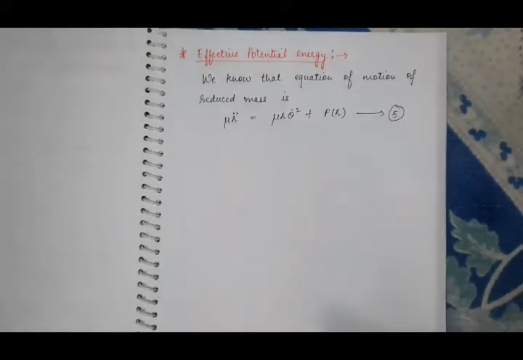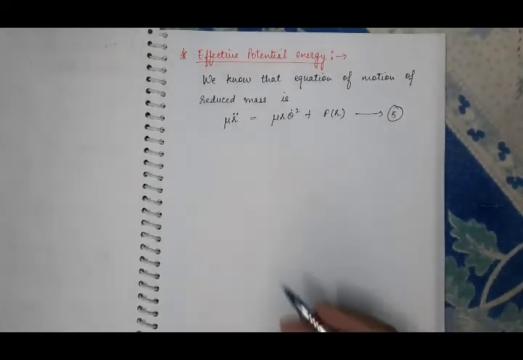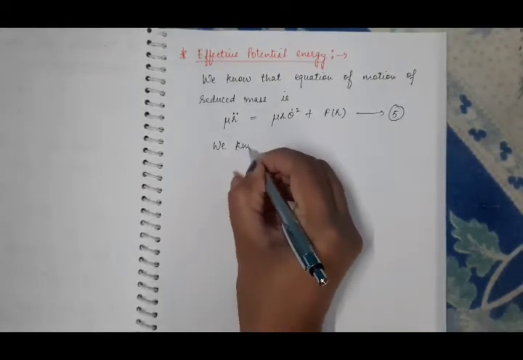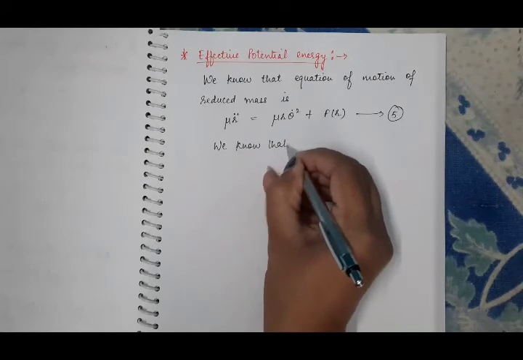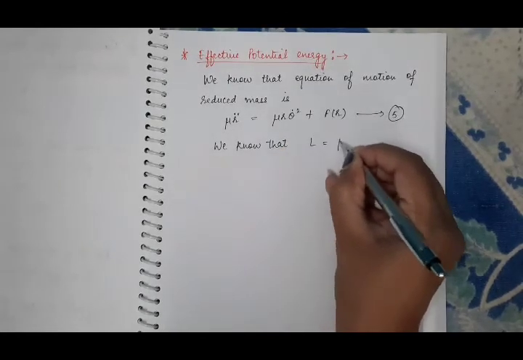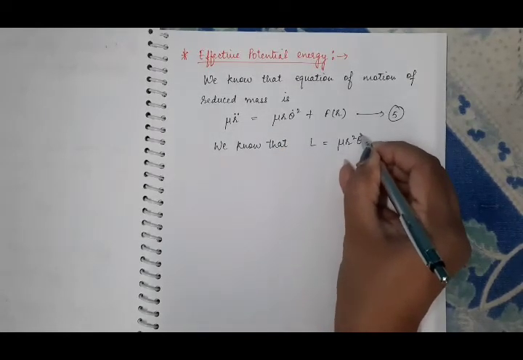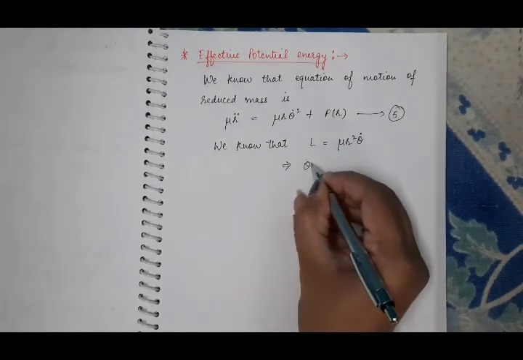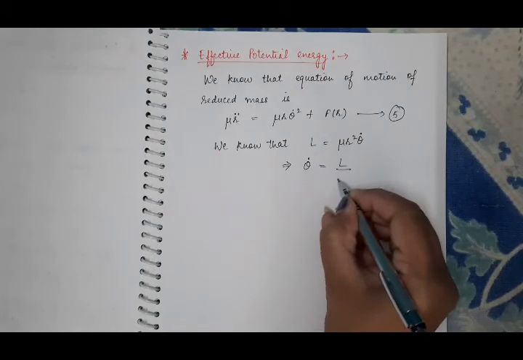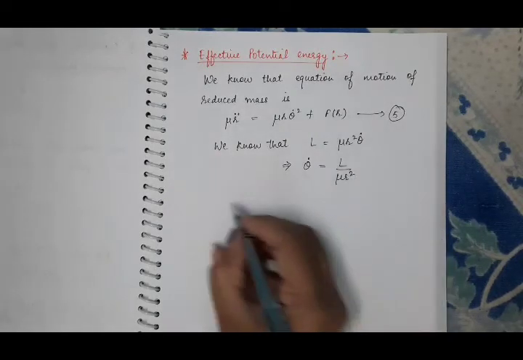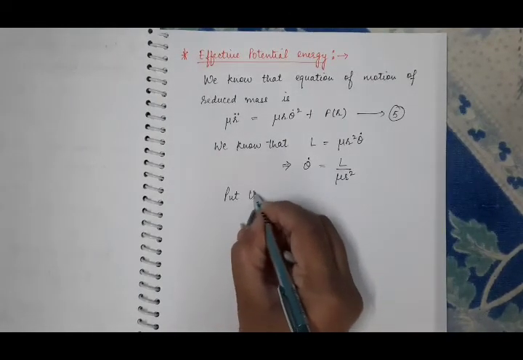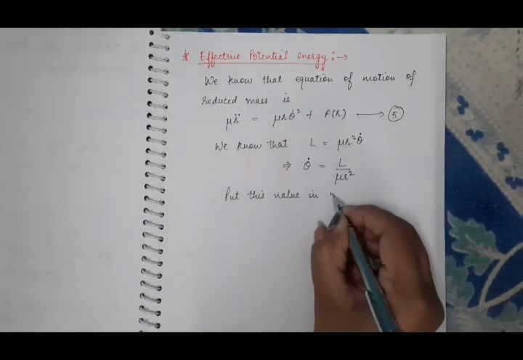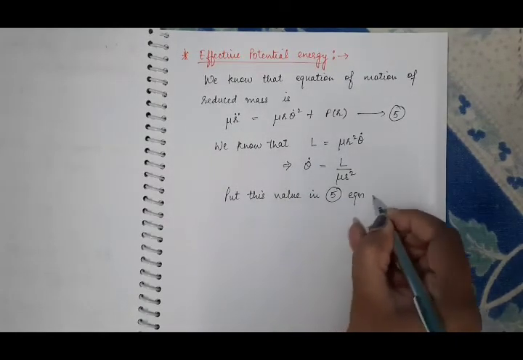So this is the equation of motion of the reduced mass, and we know that L, that is the angular momentum of the reduced mass, is equal to mu r square theta dot. Calculate the value of theta dot from here. It will be L by mu r square, and put this value in equation 5th. We get